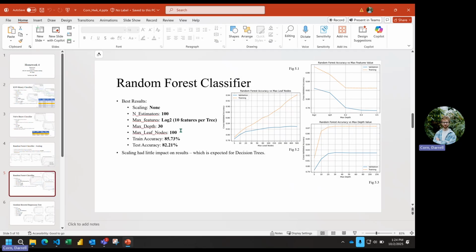For my max features, I found the log base 2 of the features was a good amount. That was because we had 1,000 features, so that was only about 10 features per tree. Max depth of 30, 100 max leaf nodes, and this gave a test accuracy of 82.21%. And this was some of the results of the tests that I had and how I landed on these